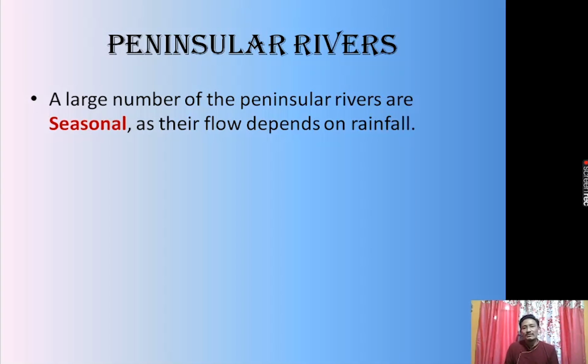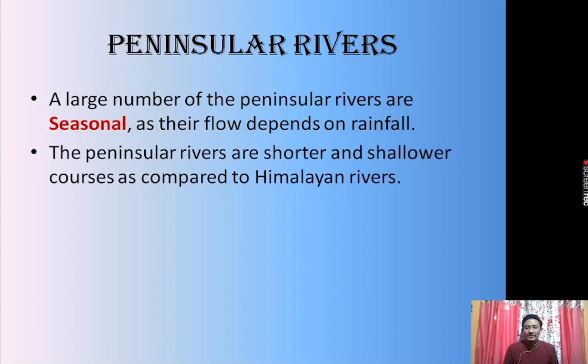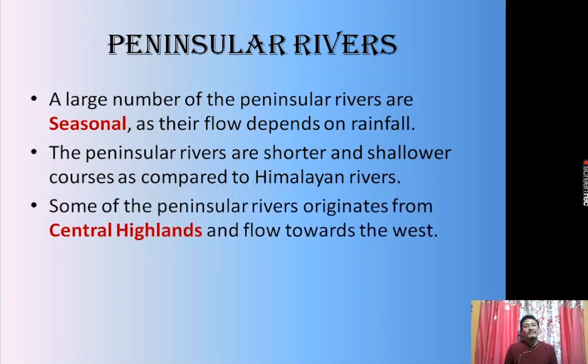But during the dry season, ultimately it gets dried up, and sometimes it's very short. And most of the peninsular rivers are short in terms of course. The peninsular rivers have shorter and shallower courses as compared to the Himalayan rivers. Then some of the peninsular rivers originate from the Central Highland, which I was mentioning before, and flow towards